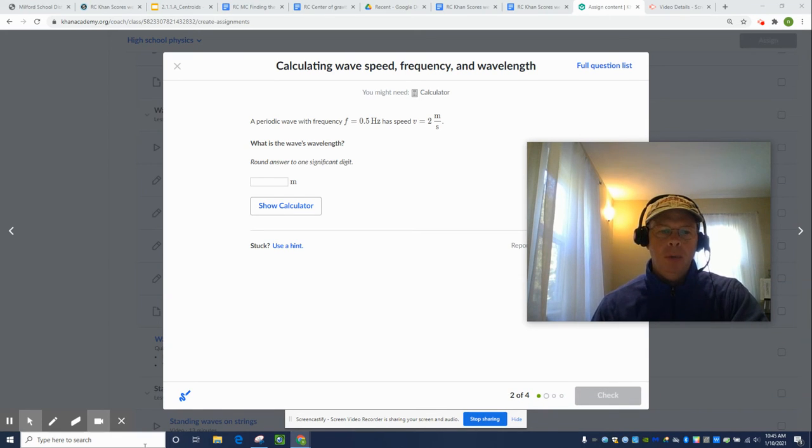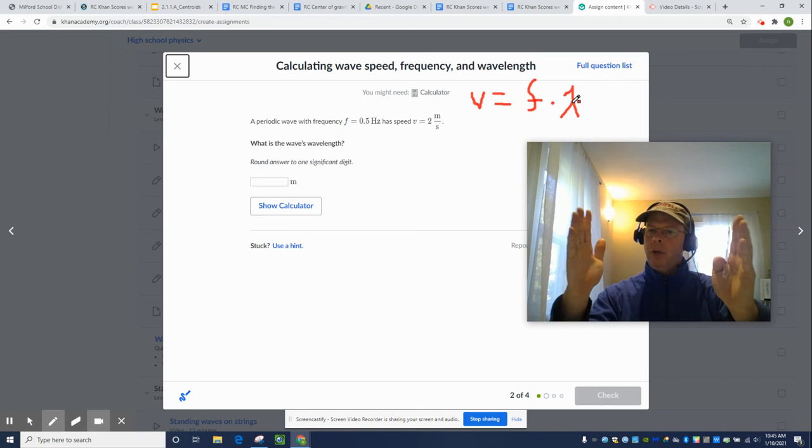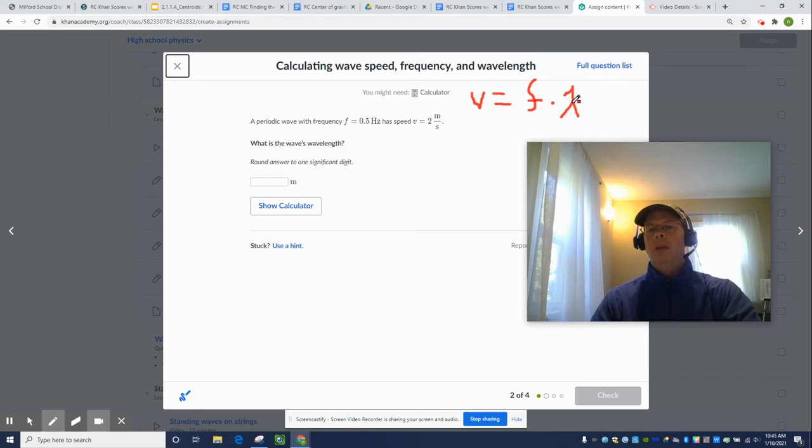I'd like to do a Khan Academy problem from the set called Calculating Wave Speed, Frequency, and Wavelength. So the equation is velocity equals frequency multiplied by wavelength. Why do they use lambda for wavelength? I have no idea, but you just take the hertz, that is the cycles per second, multiplied by the crest to crest distance. That is how far the wave moves in one cycle, and that's the velocity of the wave,